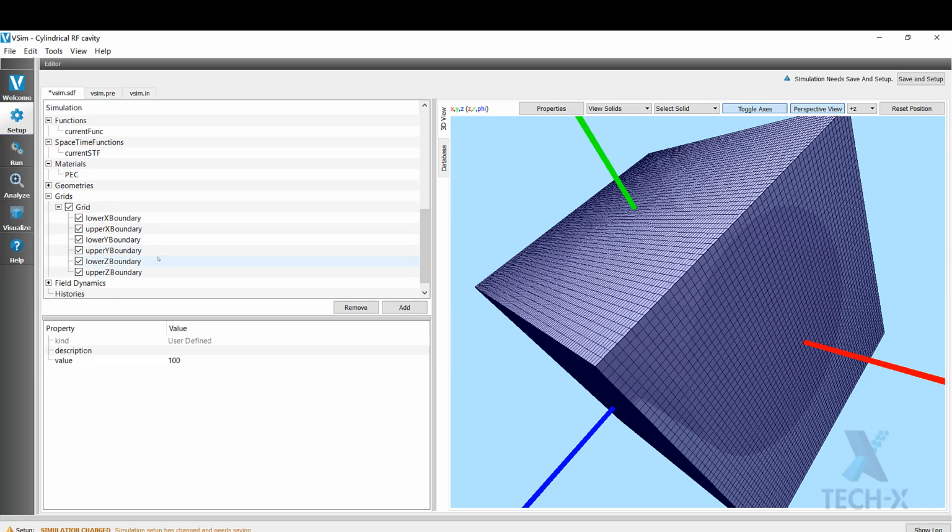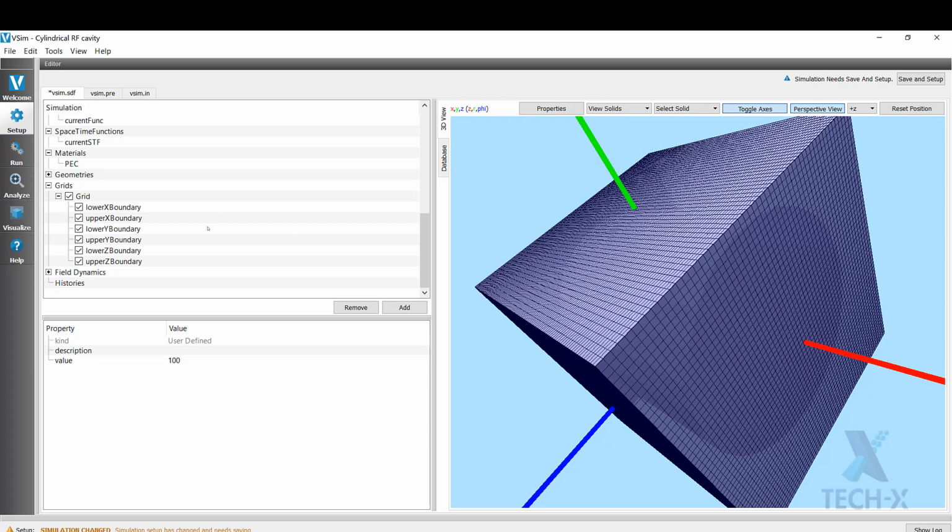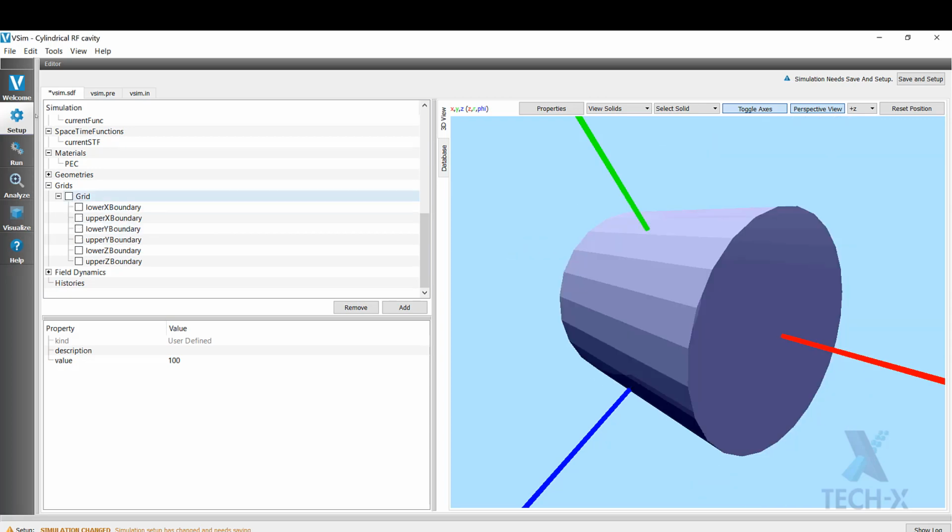So now we have our grid defined, and we still need to define our current source. I'm going to unselect the grid